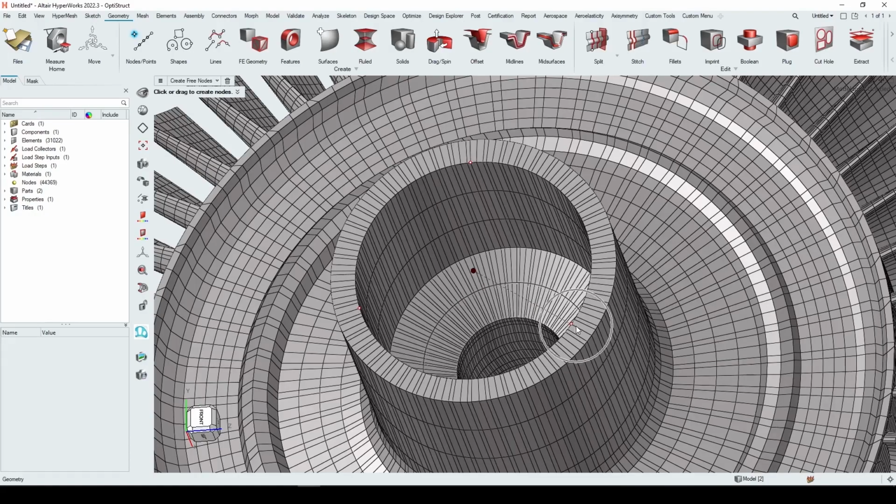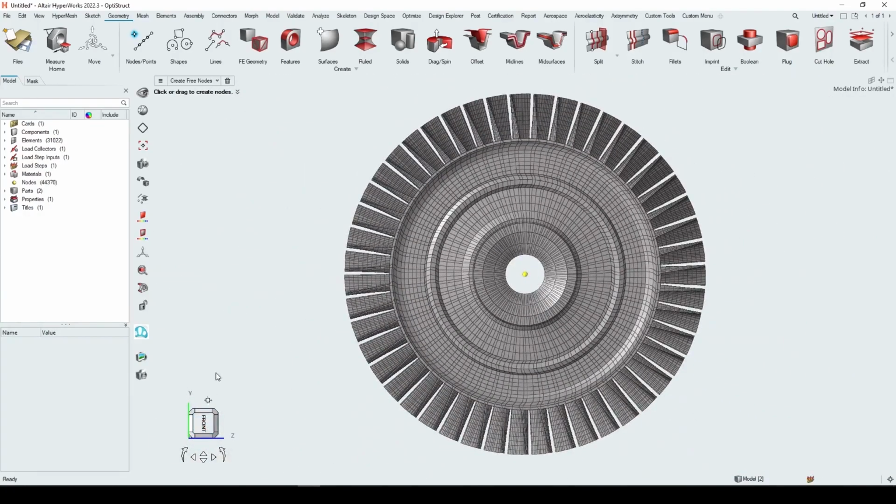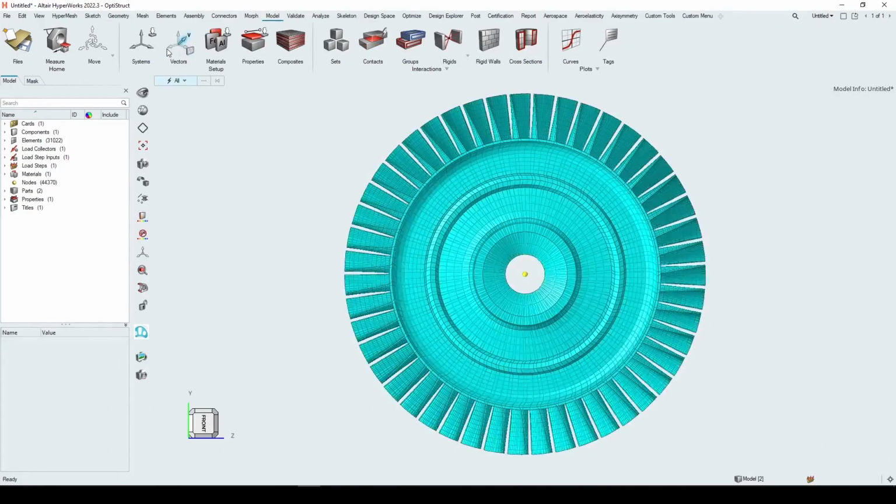on this inside face here on this edge, and we press escape, and that gives us a node at the center of the model, on the center line of the model. We then go to the model ribbon and the systems, and we choose that node as our origin, and then we select from the pop-up here cylindrical coordinate system,